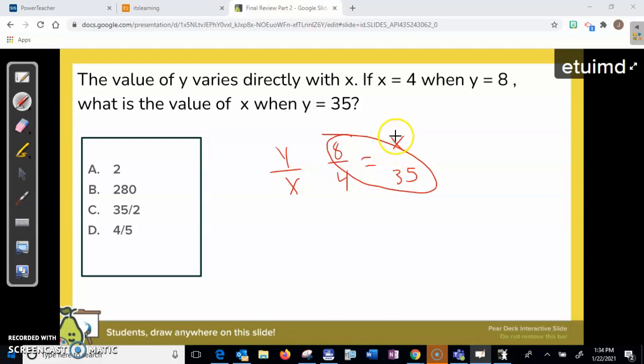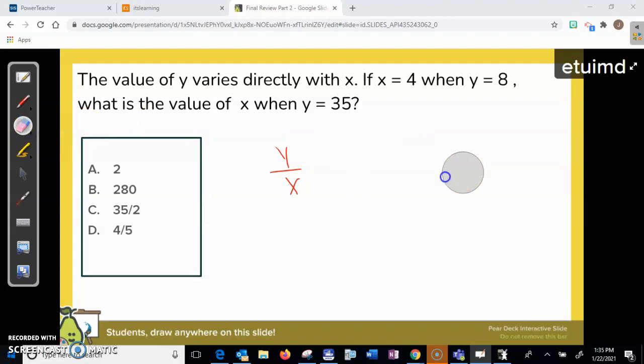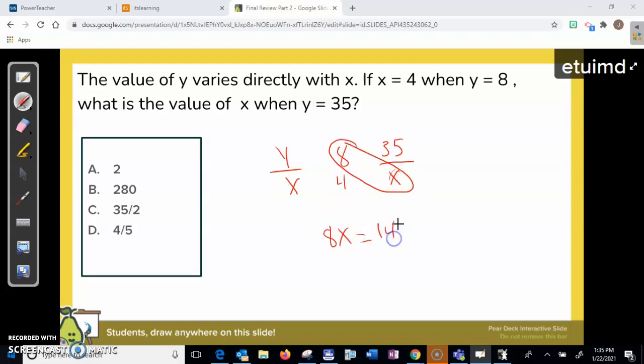My fault. I mean y up. Yes, my fault. I forgot to write that in, and I noticed I made such an error because even I told you guys, y over x, right? So if x is 4, y is 8, what is the value of x when y is 35? So 35 is up here. My apologies. And then we're solving for x. So cross multiply, 8x equals 140. Then 140 divided by 8 gives you